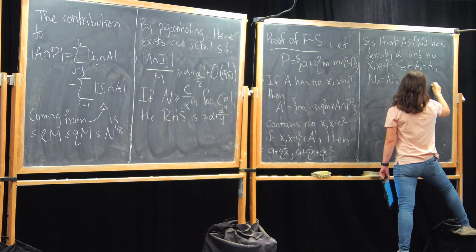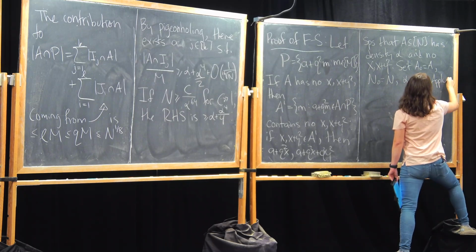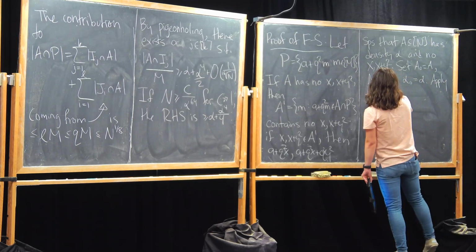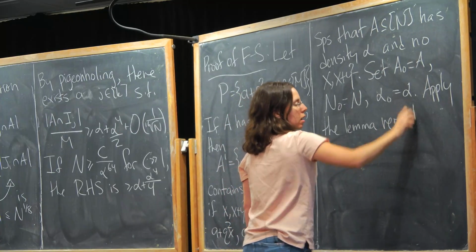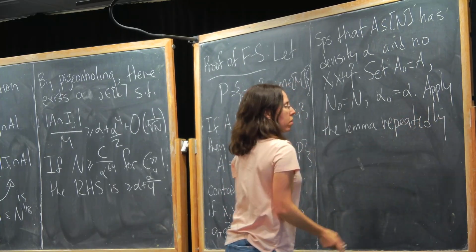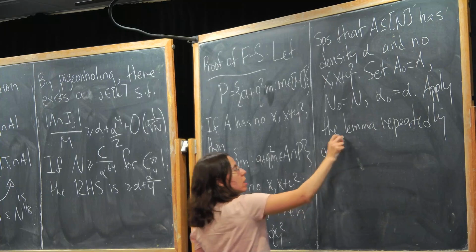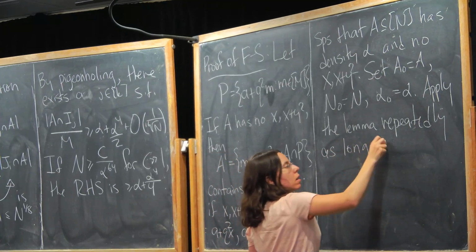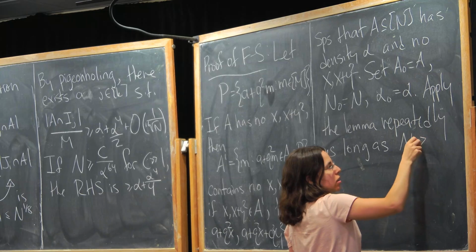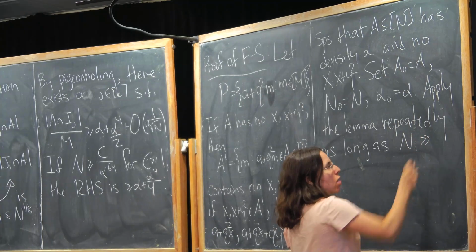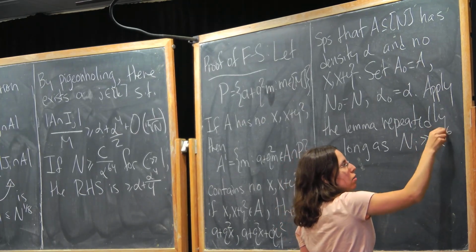And now we apply the lemma repeatedly as long as n i is large, so at least as large as whatever our constant is times alpha to the negative 64,